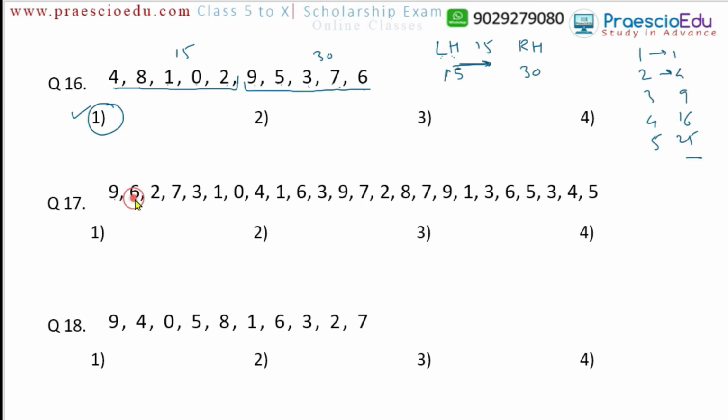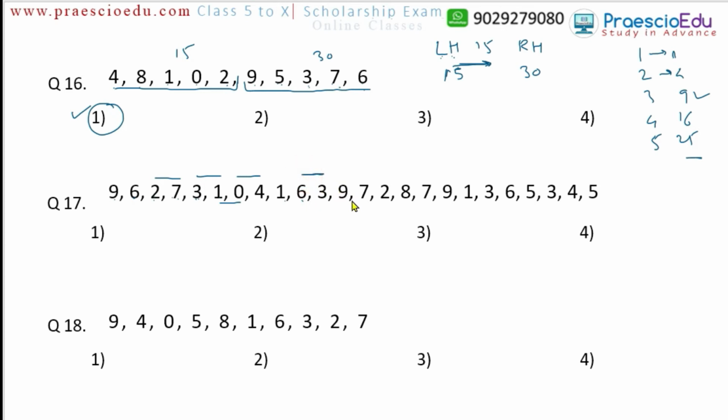Okay, so 9 plus 6, here the 15, but 15 cannot be a square number. Then 6 plus 2 cannot be. Then 7 plus 9, yes, 9 can be. 9 is a square number, like this one. So 7 plus 3, 10. 3 plus 1, yes, this can be like this one. Here also 0 plus 4. Okay, even 1 plus 0 also, because 1 is a square number. Then 1 plus, no, not possible. 1 plus 6 not possible. 6 plus 9 can be, sorry, 6 plus 3 means 9 is possible.